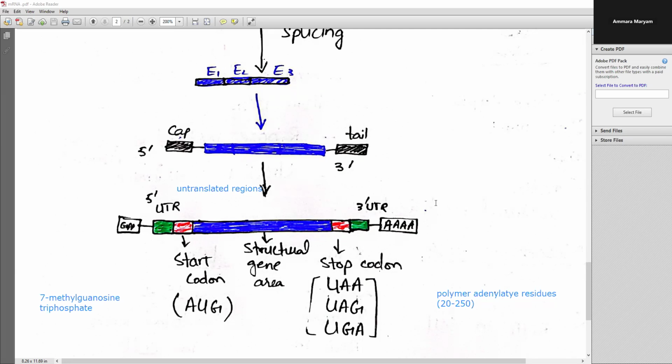मतलब untranslated regions का क्या पर्पस है? मतलब ये कि जो ये पर्टिकुलर regions हैं इन मैसेंजर आरएनए में, they are not going to translate into the proteins। जितनी सीक्वेंसेस इस रीजन में आएंगी ये आगे कोई भी फंक्शनल प्रोटीन्स नहीं बनाएंगी। तो इसको हम इसीलिए कह रहे हैं these are the UTRs, these are the untranslated regions।